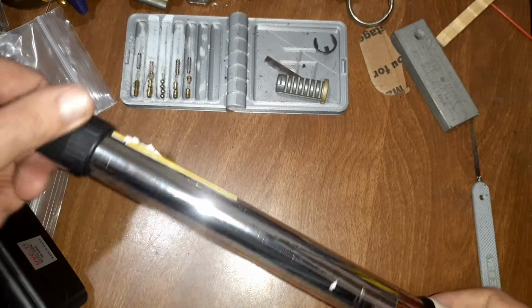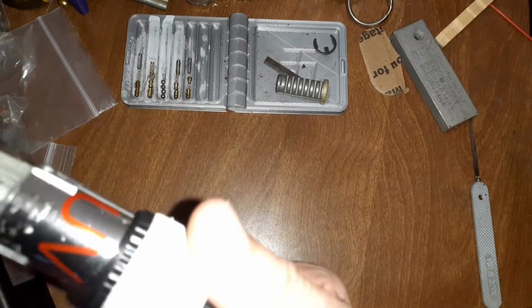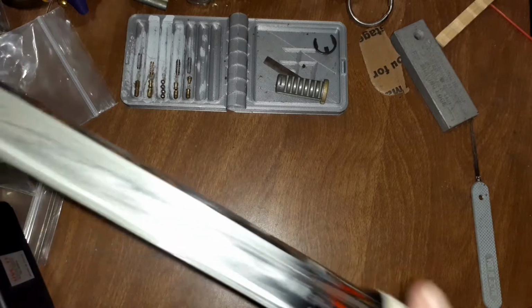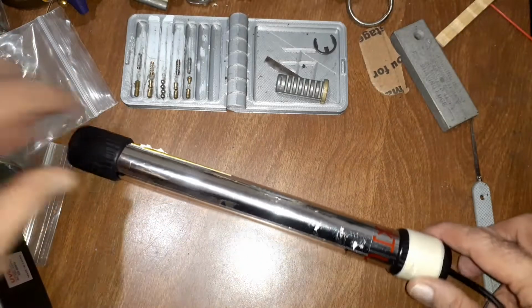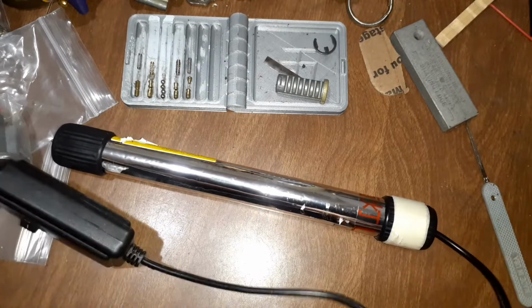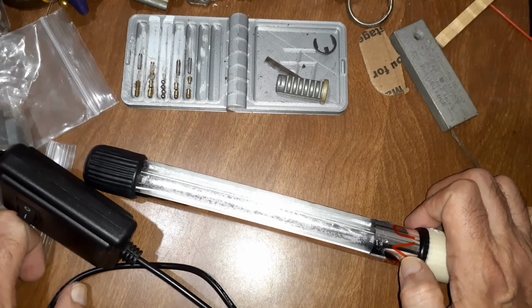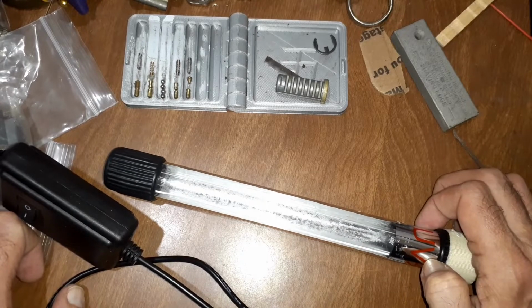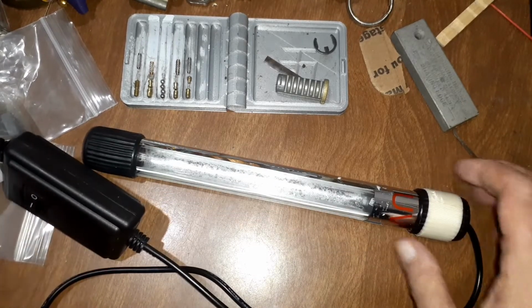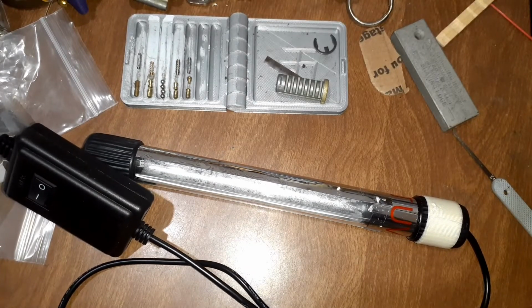But anyways, I just thought I'd let you know that you can get these things on Amazon or eBay. I think I got mine on eBay, and I'll try to link some. The problem is a lot of these places that have information on this are websites that just pop up with a bunch of ads and cookies requests and all this other stuff, and you have to go through a lot of material just to get to the information. So I don't really like linking those things, but just type in a Google search, UVC